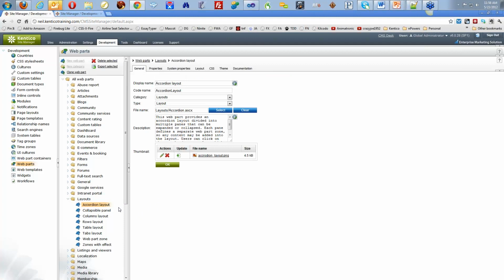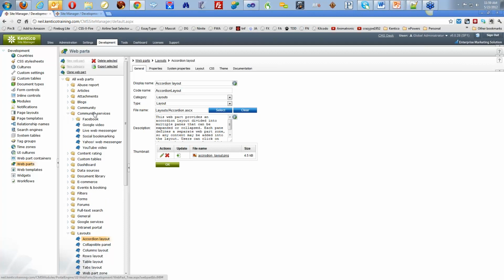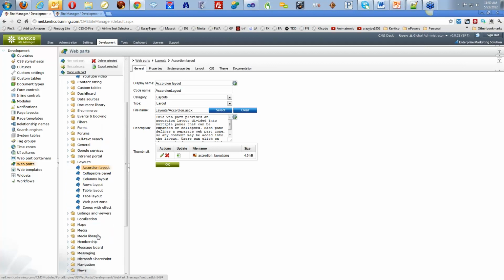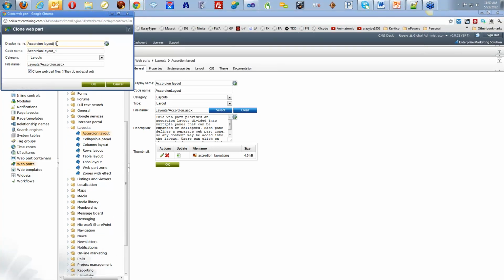Now, if you modify the ones we have at the code level, that's fine. But if you import after the fact another corporate site, or you bring in someone else's site through an export-import procedure, and they also had an accordion layout named exactly the same, again, it's going to overwrite your code changes with theirs. So one of the recommended things here, just like everything else, is create a category folder, and any one of these guys, let's say you're planning to modify accordion layout, you would just simply hit clone web part, and you would say, let's say,